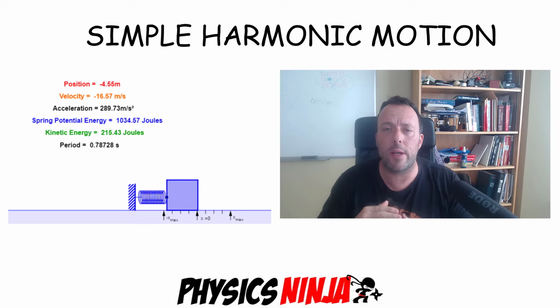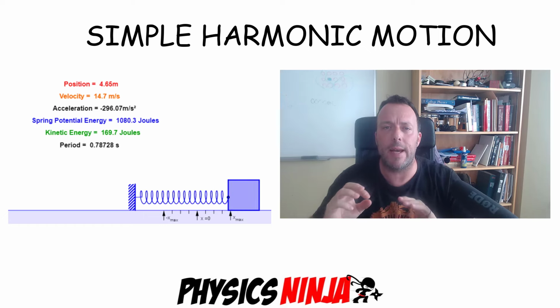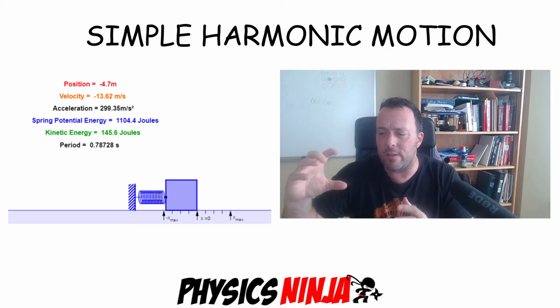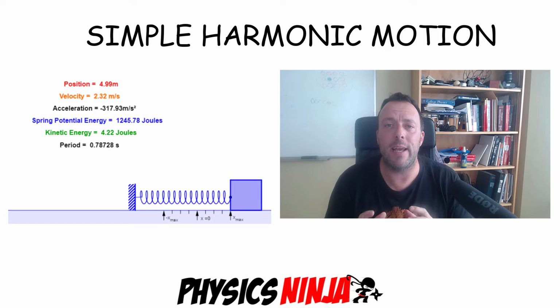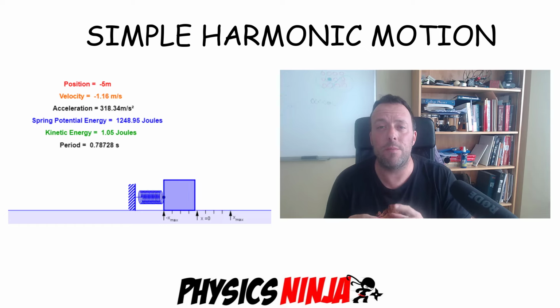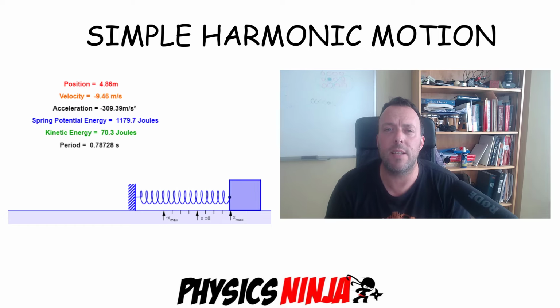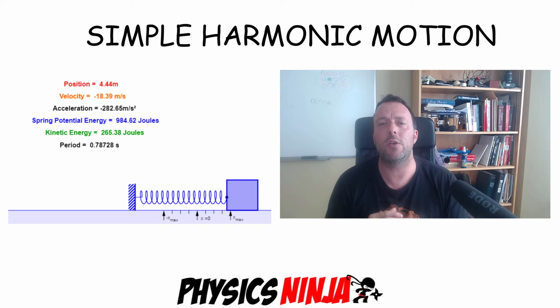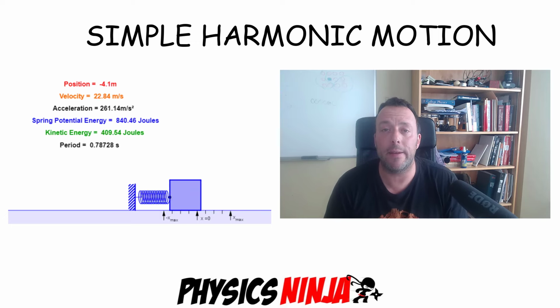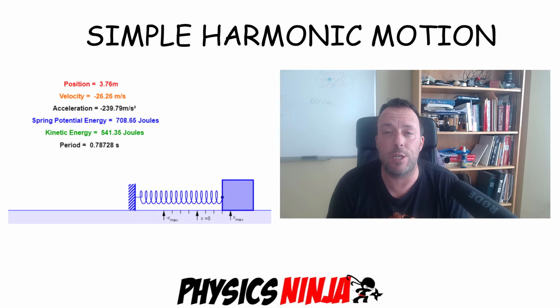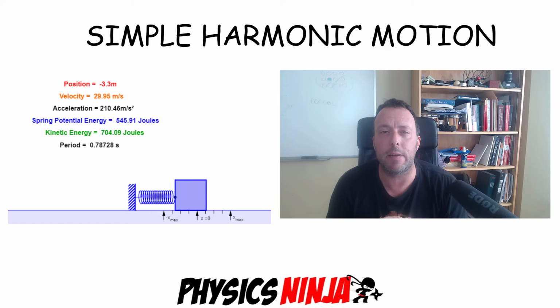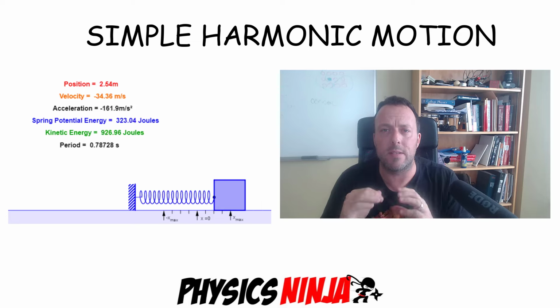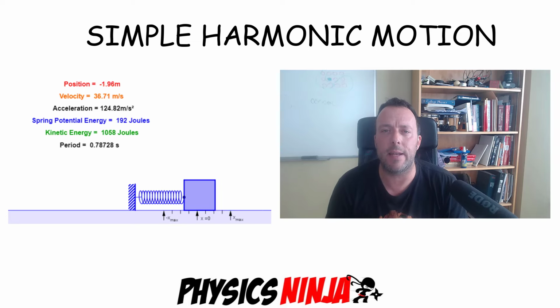In this video, we're going to look at the horizontal spring and mass system. We're going to stretch it, let it go, and analyze the forces. From the forces, we're going to find equations that describe the position, the velocity, and the acceleration. You're also going to understand how to calculate the period, frequency, and angular frequency of the motion of a simple harmonic oscillator like this. We're going to throw in some example problems to make sure you understand how to use